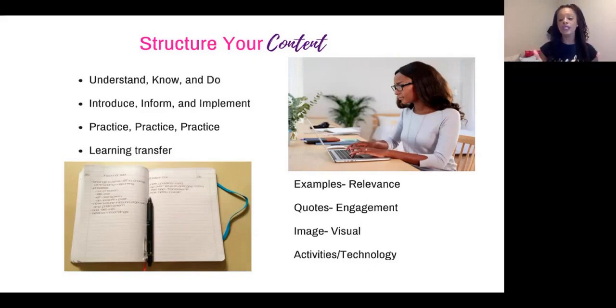And then there's a learning transfer. The learning transfer means I walked away clear on what I am to do, what I am to know, have a better understanding of, and I'm able to apply it in my own life, which means I want you all to be able to identify objectives, know what your problem is, understand your value proposition,